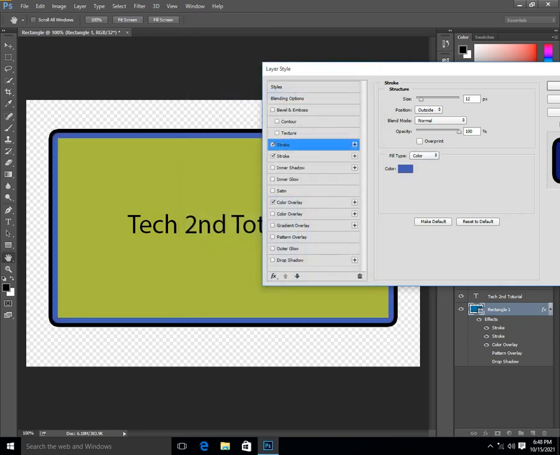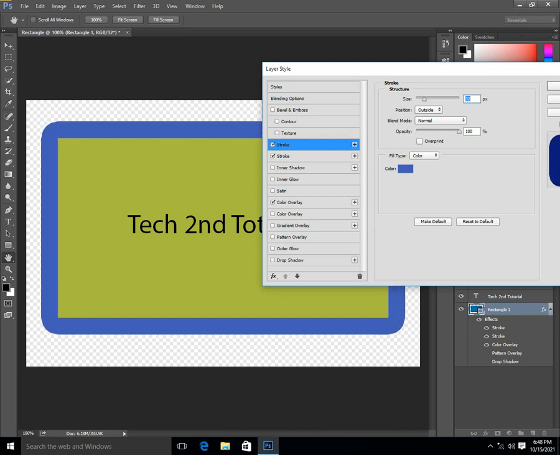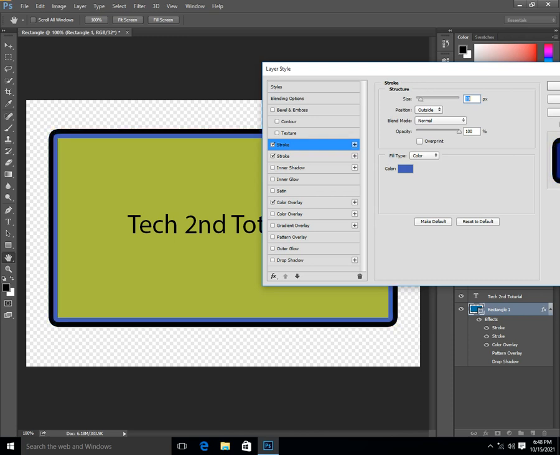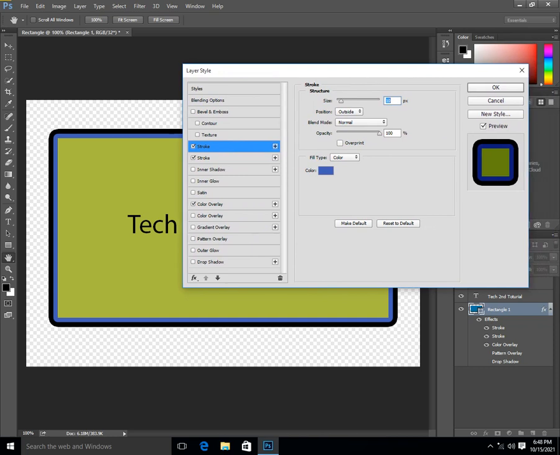Okay, done. You can also decrease or increase the size. This depends on your requirement or demands. This is the stroke, and you can see on your screen how the stroke works.